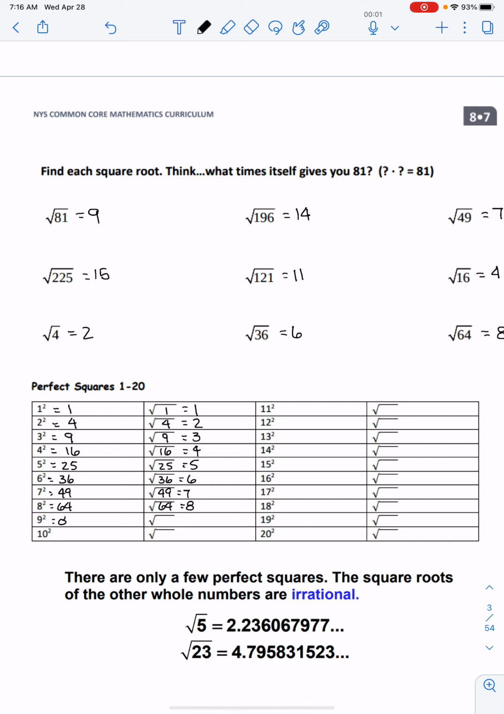9 squared is 81, and the square root of 81 is 9. 10 squared is 100, and the square root of 100 is 10. So to go through 11 through 20, we have